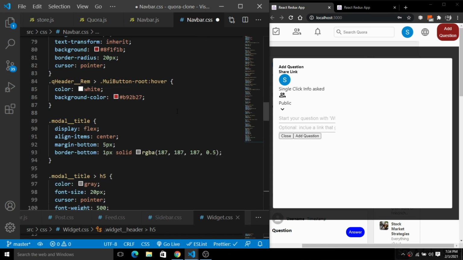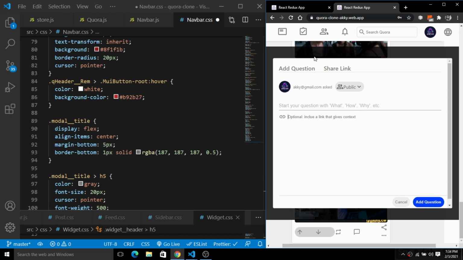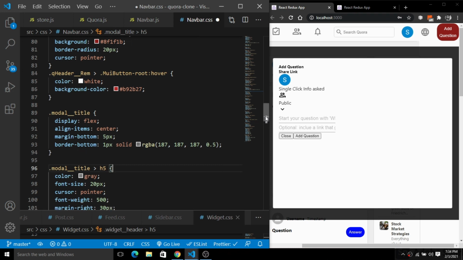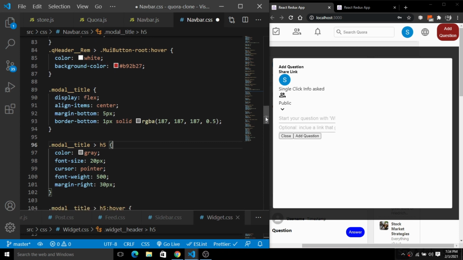So as you guys can see here, this is the exact CSS for the exact looking model. As you guys can see here, we have simply pasted the code for the CSS because it will take a lot of time. So my main focus is on how we will add these things or functionality here. So that's why we simply paste the code from my GitHub repository. If you guys want this code, we'll drop the link in the description. You will get the exact CSS code here.